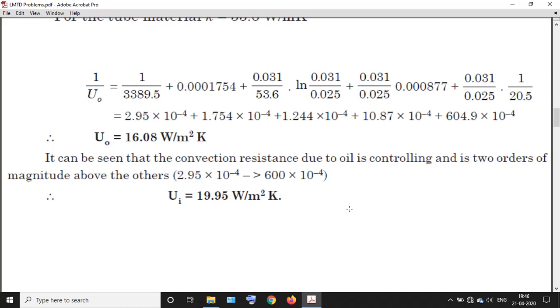Okay, now this particular problem culminates all the possible complexities which can arise in your academic questions. So this has included your fouling factor, your thermal conductivity, as well as finding out heat transfer coefficients HI and HO. Your academic problems might be simpler, where they will directly give you the values of HI and HO. Don't worry, those problems are discussed in the additional LMTD problems which I am attaching in the description.